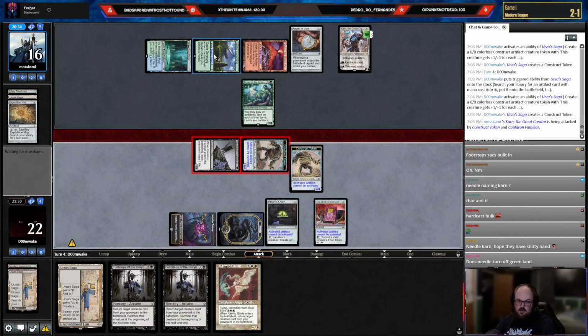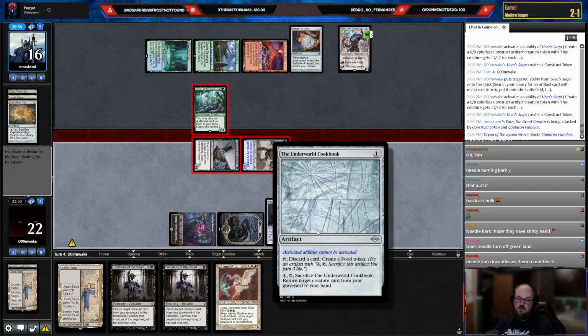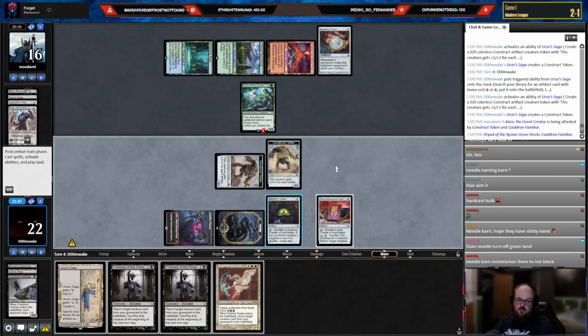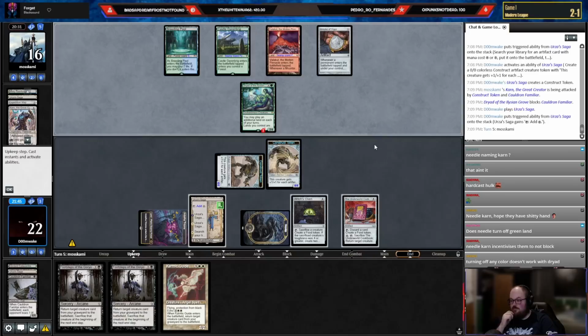Does Needle turn off Greenland? No, but they have a bounce land anyways, right? So even if I turned this off, they would still have 6 mana. They still have enough mana. Needle card incentivizes them not to block. Problem with getting Needle is then if I draw my best draw, which was previously Protean Hulk, if I get Needle, I now don't have a discard outlet for Protean Hulk, right? The whole point of this was so that I have a discard outlet in play if I draw Hulk, because that's how I get out of this. Assuming I don't just die, which I might just die anyways, but